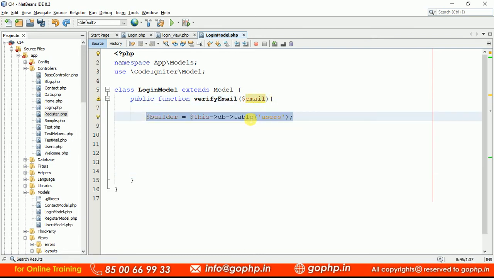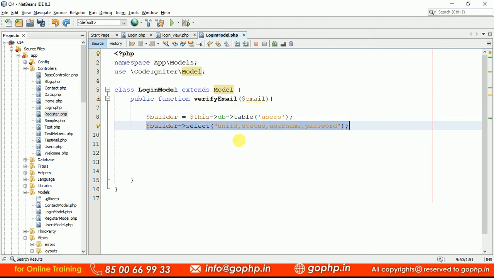So to do this, guys, I'm loading your database table by using the builder object. So this of DB is automatically loaded in the model class. We need not load the database service here, not required. We can just write this of DB of table. This is the user's table. After that, we need to select the columns, guys. The columns are going to be UniID, status, and username. Username, if you want you can take it, otherwise you can leave it, no problem.